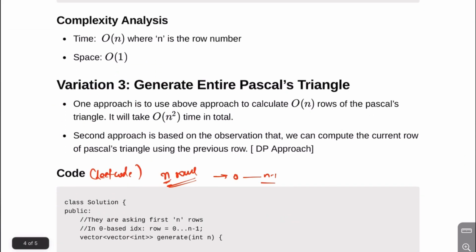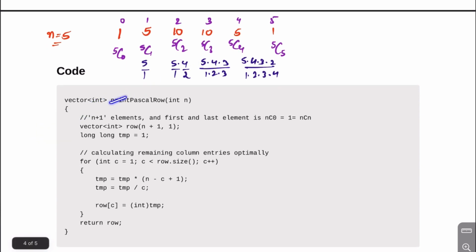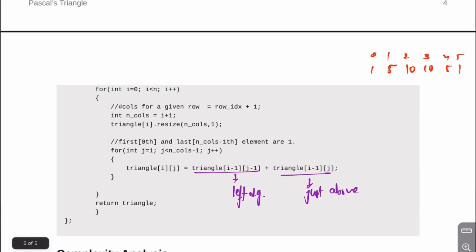And then we were asked to generate the entire Pascal's triangle. One way was, since we want to calculate n rows, to go through all the rows and use the formula. We can go through every row and use this function, return Pascal row. I should have named it better, this is return Pascal row, and calculate n rows of the Pascal triangle. The second approach is based on the observation that to get a particular value in Pascal's triangle,